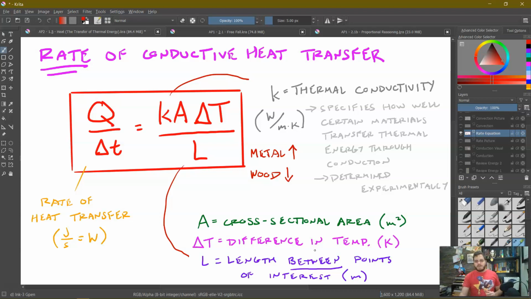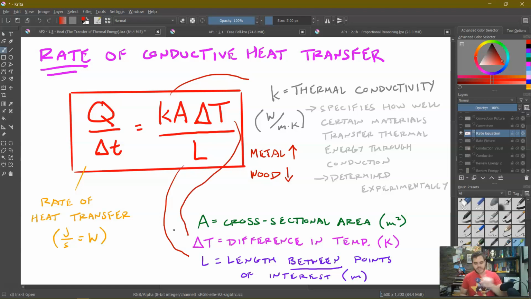Notice I said it was the length between points of interest, not necessarily the length of the whole object. For instance, if I have my whole object with one end and the other, but I'm only checking the rate of heat transfer between this point and this point, well, I don't want the length of the whole object. I just want the length between the two points I'm considering. Additionally, as we already mentioned, if we have a greater